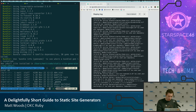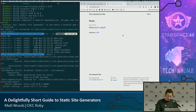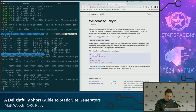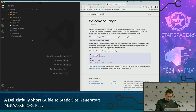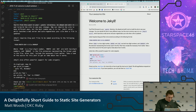So if we do a jekyll serve, it should spin up on our local development server. And you can see we have a Jekyll starter. So if we wanted, we can go in here and update any of our Markdown files. Here, let's do that really quick. Do we have like a post here or something? There we go. Welcome to Markdown. Heyo, all the stuff. Okay. Instead of the title, we'll say welcome to